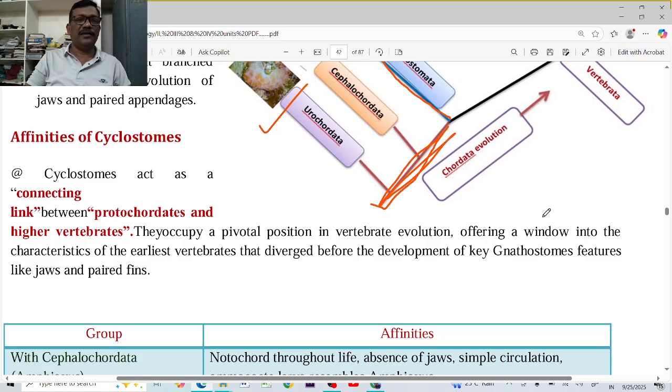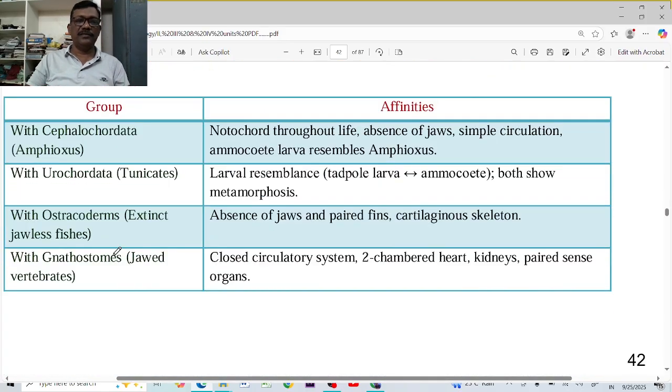Affinities of cyclostomes. These cyclostomes are connecting links in between the protochordata and vertebrata. These are the characters we have to revise for recapitulation, cyclostomes with cephalochordata: notochord throughout the life, absence of a simple circulatory system, and the larval stage. So the cephalochordata is having these characters and they are also found in the cyclostomata. Urochordata,